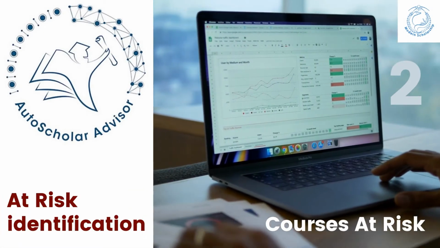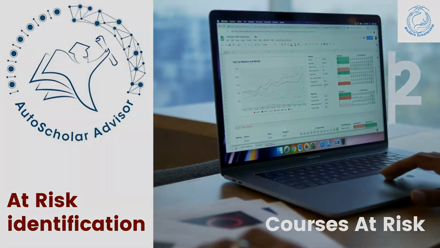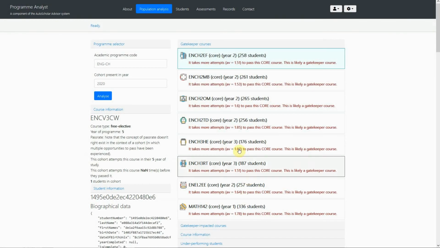So much for identifying at-risk students. To really improve overall performance, we also have to consider that there may be whole courses that are at risk. Let's look at all the courses taken by students registered in an academic program in a specified year. The system has generated a list of courses which appear to limit overall progression, and has flagged these as gatekeeper